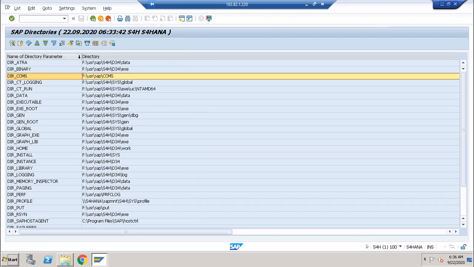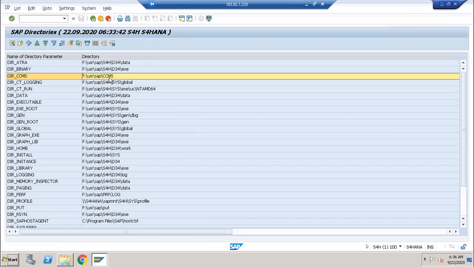In the F drive, USR is a folder, SAP is one more folder in that, and another folder, D34, and data is one more folder in that. Like that they are giving some name for that location.